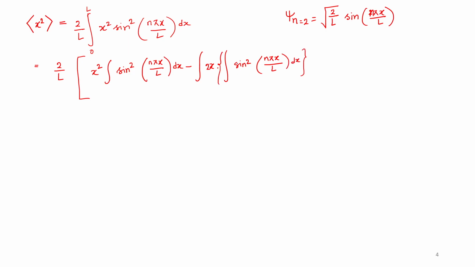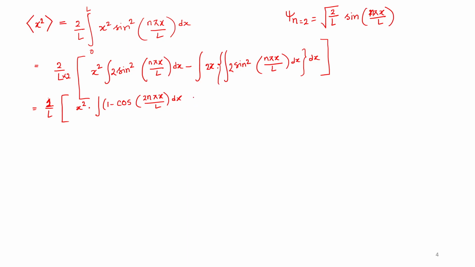This bracket close and this first integration still holds, and then our third bracket close. So I'll write it in a smaller letter because we need some space. So the first integration will become x square. Okay, we'll again take these two inside, and we'll have two in denominator, so it will become 1. So x square integration of 1 minus cos 2n pi x by L, same thing, just a bigger integration